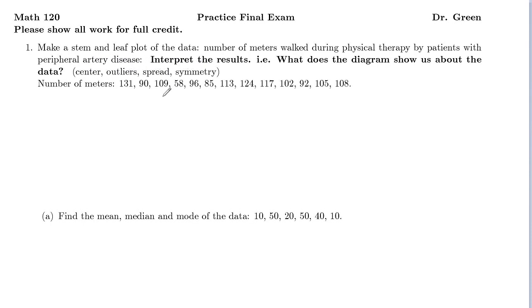So for the stem and leaf plot, remember for this data we've got a tens digit and a ones digit. You're going to put your tens digit as the stem and your ones digit as the leaf. Looks like our high here is 131 and our low is 58. So we're going to go from 13 tens down to 5. Our vertical bar here, and then the 131 will have a 1 here,